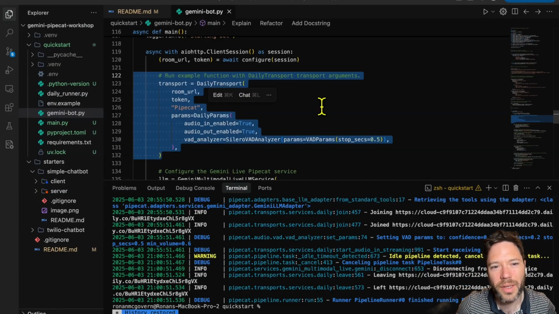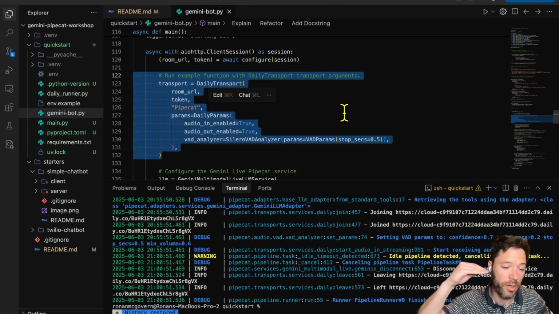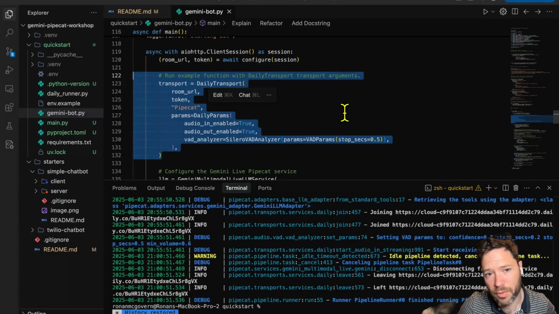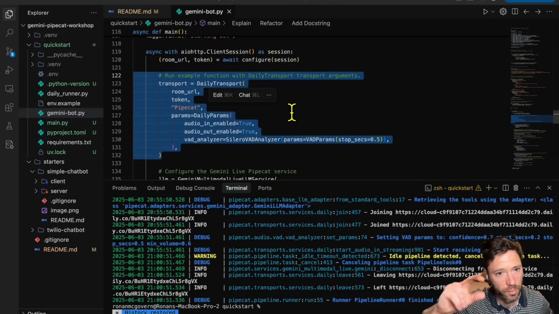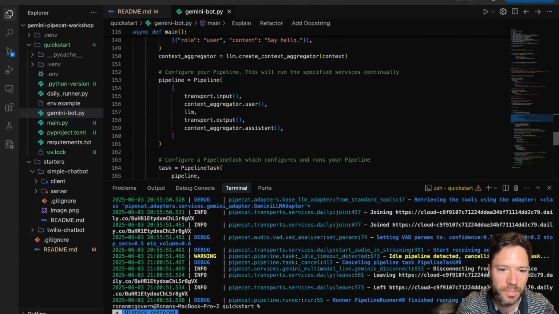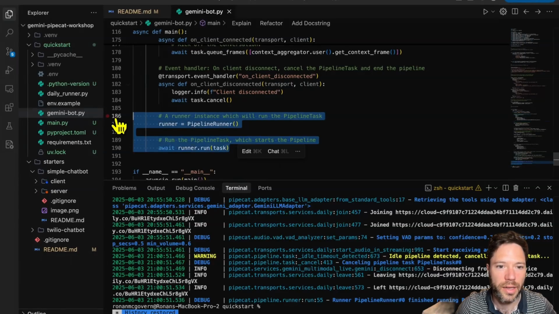So essentially, Pipecat allows you to abstract a lot of the design of the pipeline. You can actually design pipelines that use, say, Whisper to transcribe speech, then some LLM, then going text to speech again. Or you can use end-to-end real-time voice like OpenAI's API. But Pipecat allows you to abstract this to a nice level. And for the management of those packets, essentially, you can use a service like Daily, which we've configured here. So basically, we've set up the transport, we've set up the pipeline components down here, and then we're able to just run the pipeline basically using Pipecat.